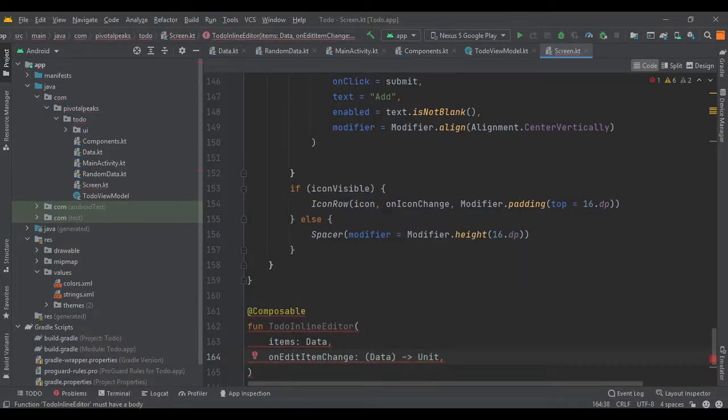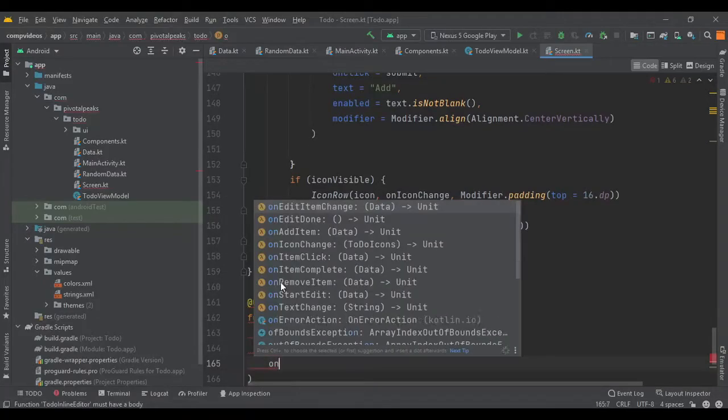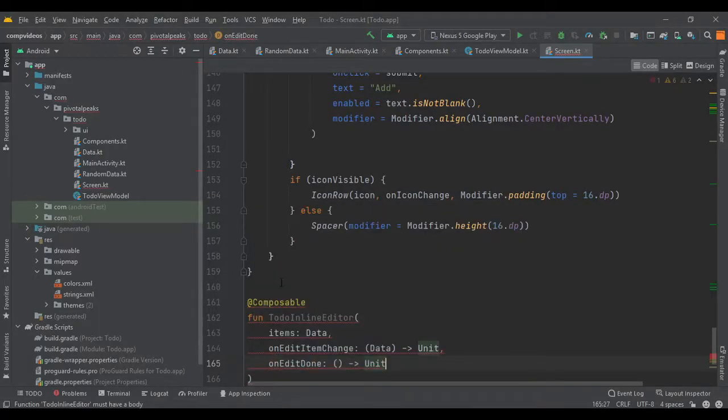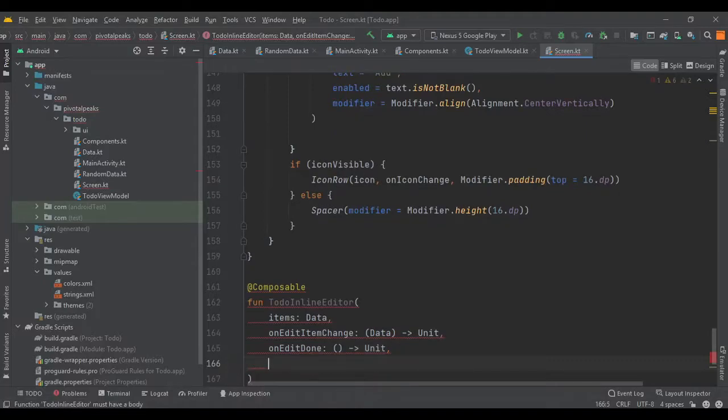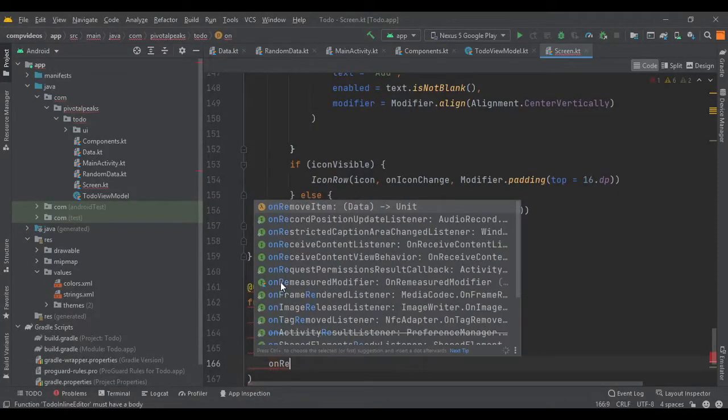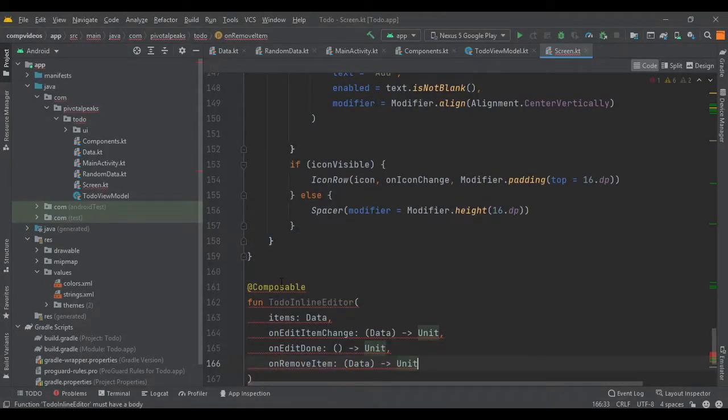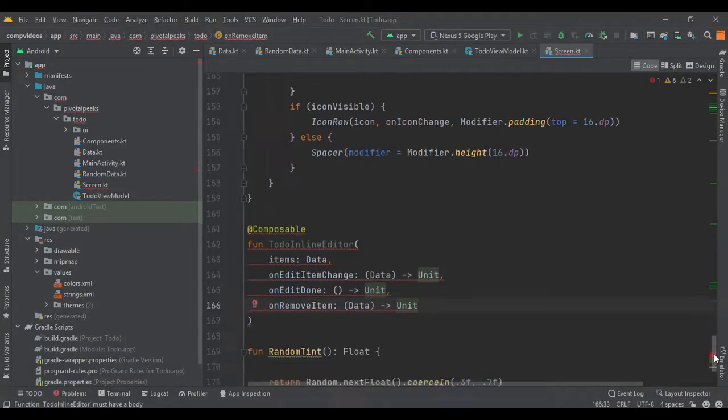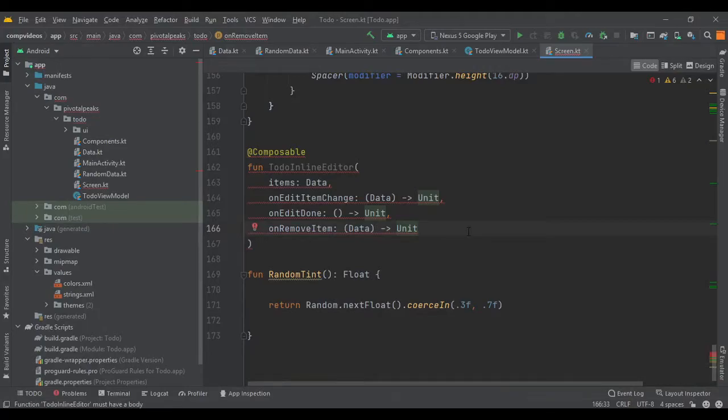And third is going to be on edit done. So yeah, we also got that one done. And last we need the remove function. So on remove item of type unit, and